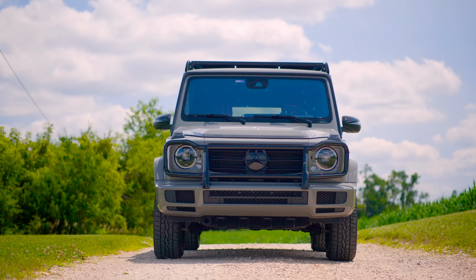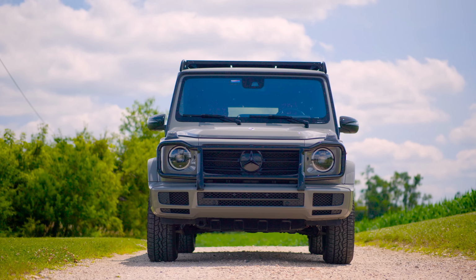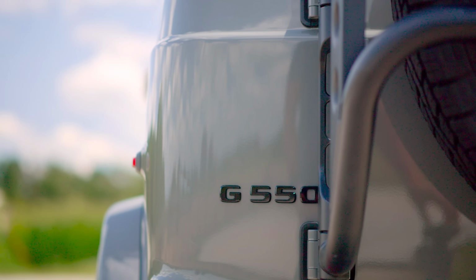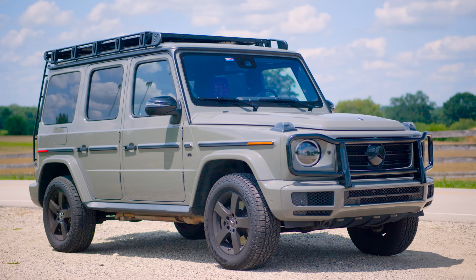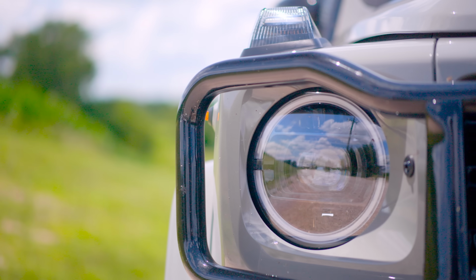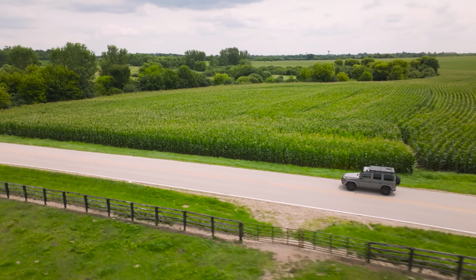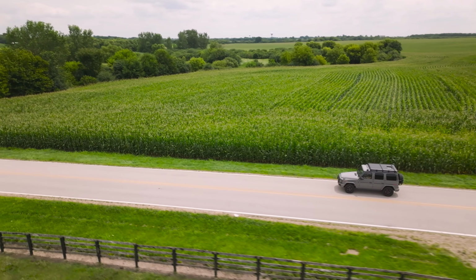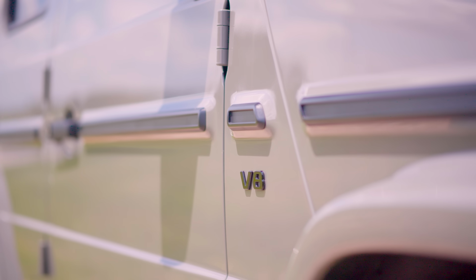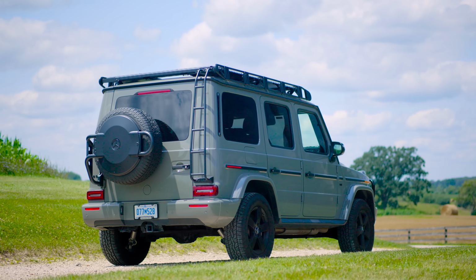2023 Mercedes G Wagon. This is a G550, and yes, this is the prior outgoing generation, the W463. Before we sit down with Mercedes and walk you through all the various technical improvements to the W465, or the 2024 variant, where we're going to talk to engineers and product planners, we figured we'd revisit the old one. The W463, or this version of it, was sold from 2018 as a 2019 model all the way up to